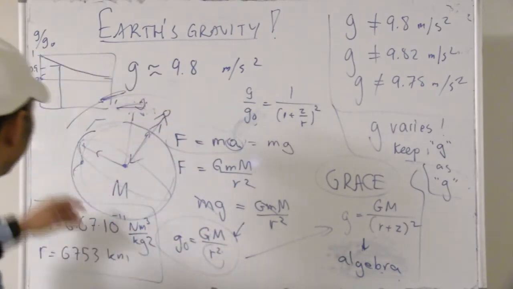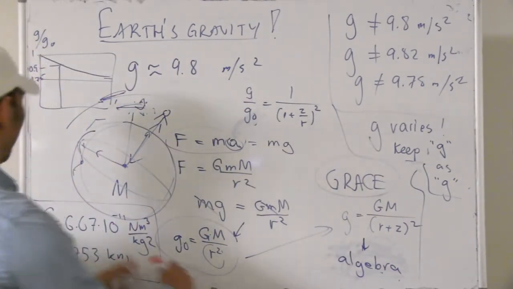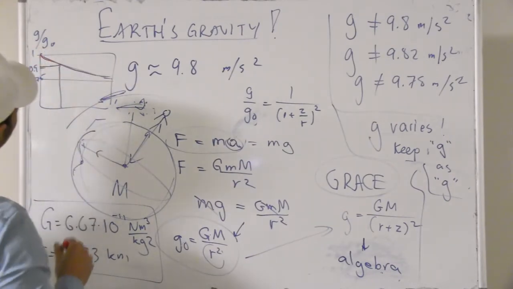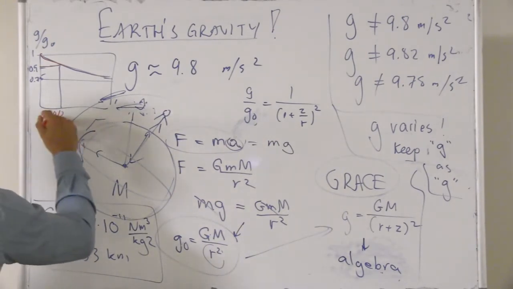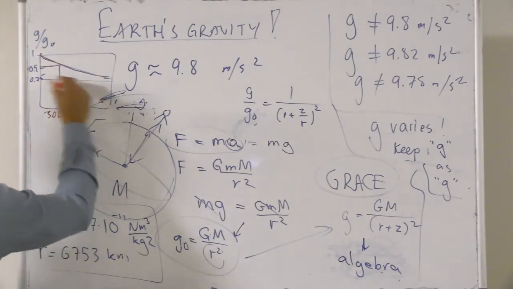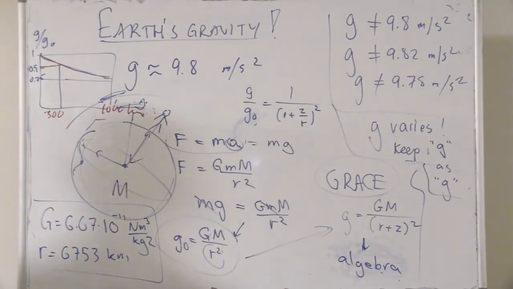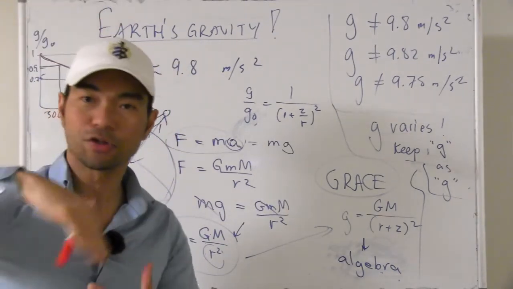And then you can plot G divided by G naught. What you end up having is a plot that looks like that. So what we come to as a conclusion is that at about 300 kilometers, you lose about 10%. And when you go up to about 1,000 kilometers, which is of course outer space, there's no atmosphere right there, you lose 25%. So if you can build a structure 300 kilometers tall, at the top of it,